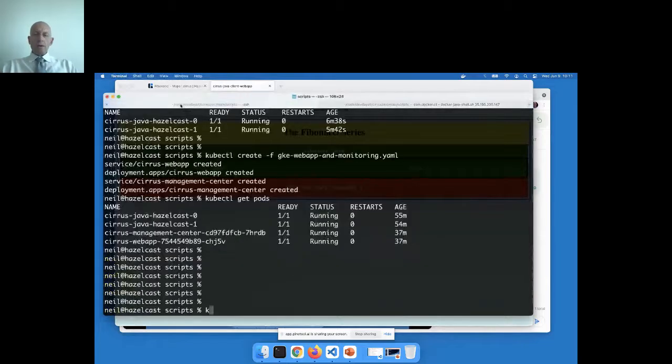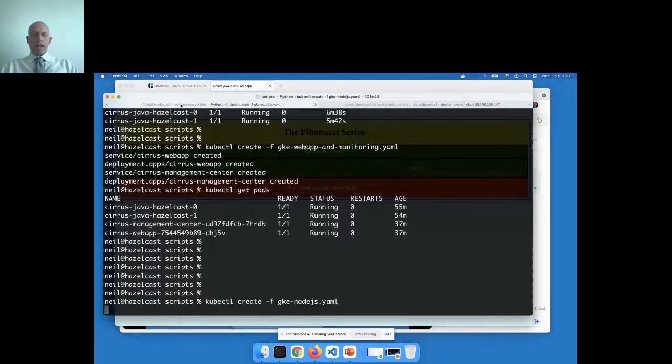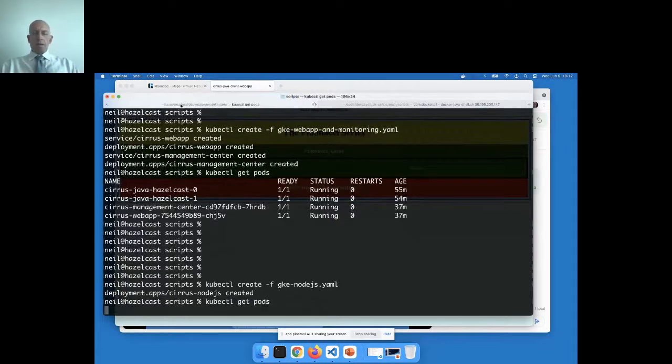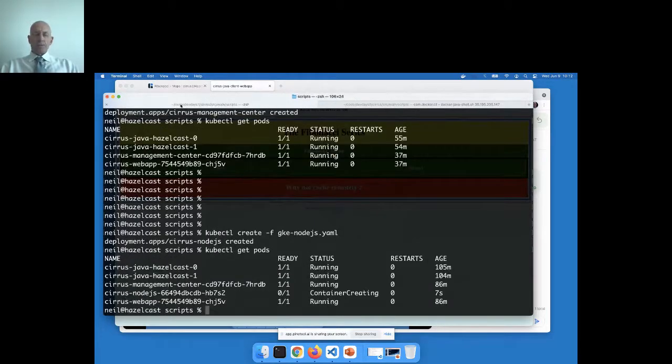What I'll do now is I'll get Node.js to do it. I'm doing this in Kubernetes. So I'm asking Kubernetes to run a Node.js job. This one isn't interactive, it's just a batch job that goes and does some calculation. But if I look at the logs for it, then what we'll see